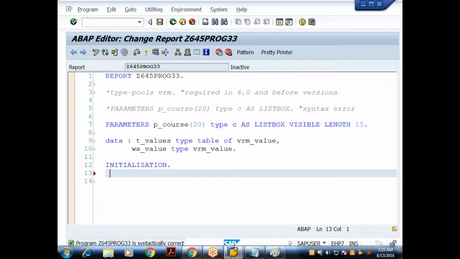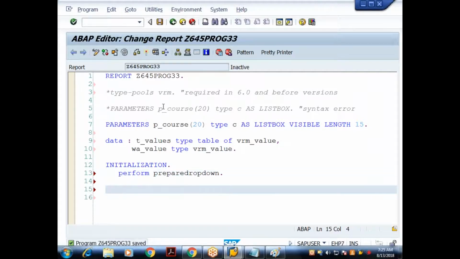Now, in the initialization event, I need to prepare the values. Instead of writing the logic directly, I'll modularize my program and call a subroutine with PERFORM. We already know how to call a subroutine. I'll give it a meaningful name, prepare_dropdown. How do we define a subroutine? With FORM and ENDFORM, at the end of the program.